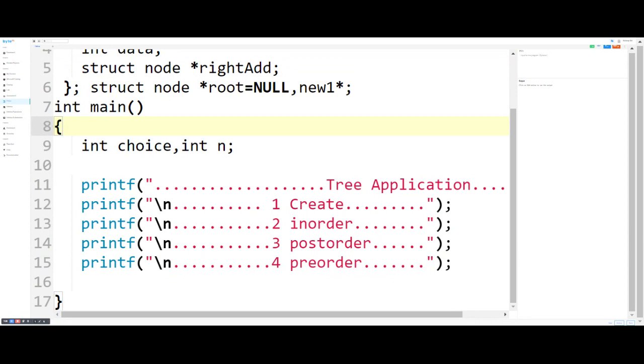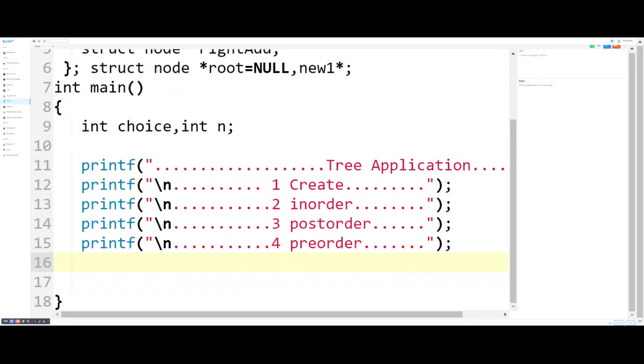Now next is we simply print a message, enter your choice. So you have three choices. First one is you have to create a node. Second one is you have to traverse in order, post order, and pre order.